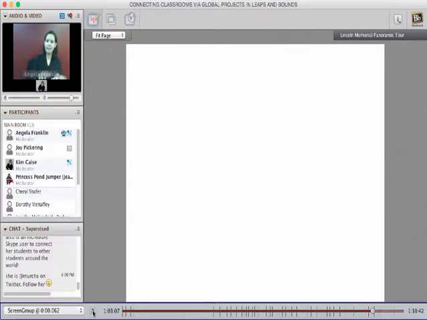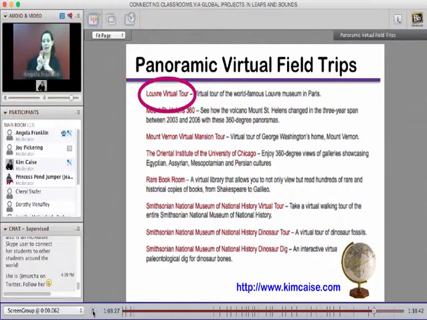So when you're designing activities like a Mystery Adventure Quest or some type of activity that ends up in a location and you can't necessarily attend that location, these panoramic field trips and different landmarks are really great. And they have virtual field trips that are set up that are panoramic as well, that are 360 degrees of all types of landmarks and locations throughout the world that you can go to and visit.